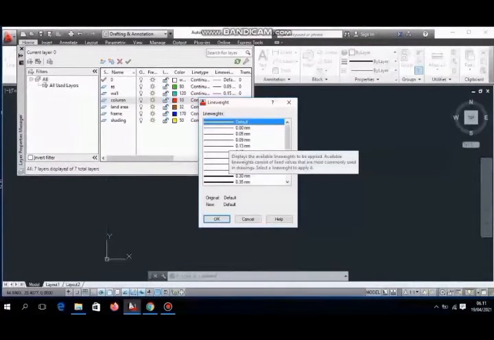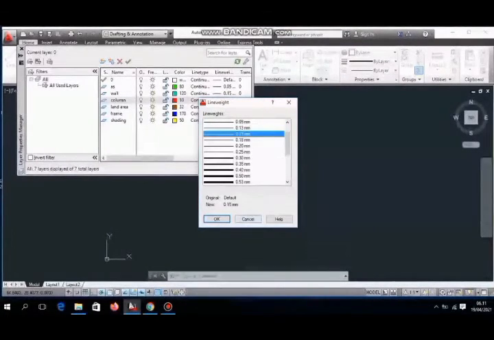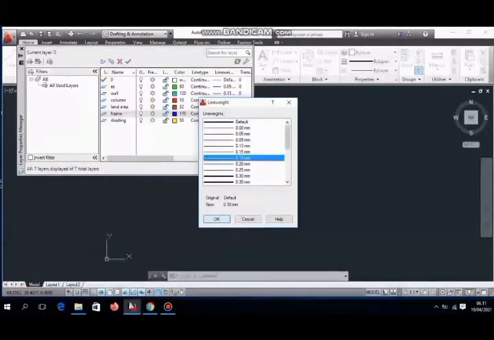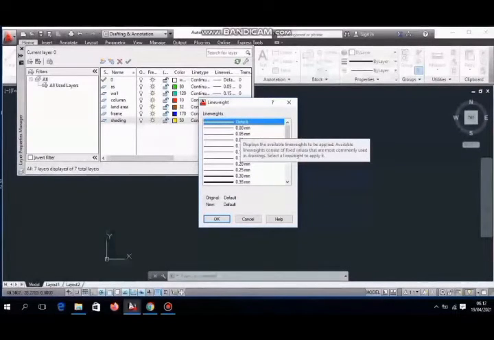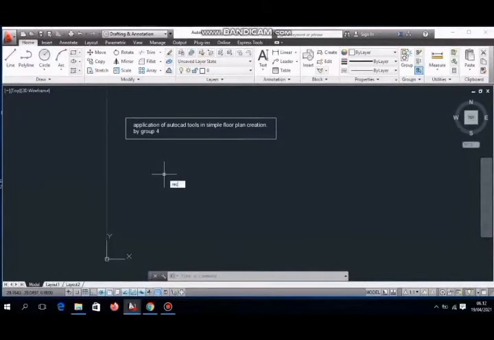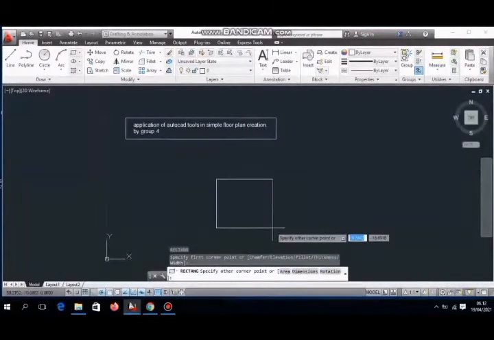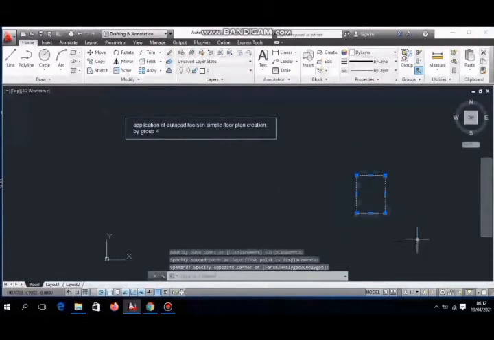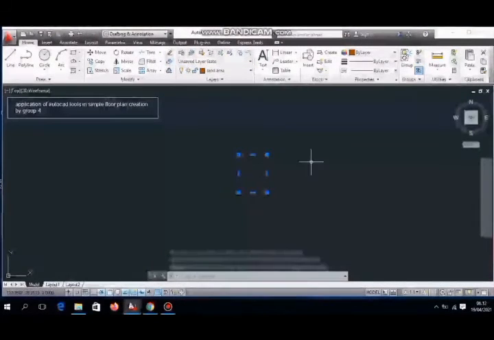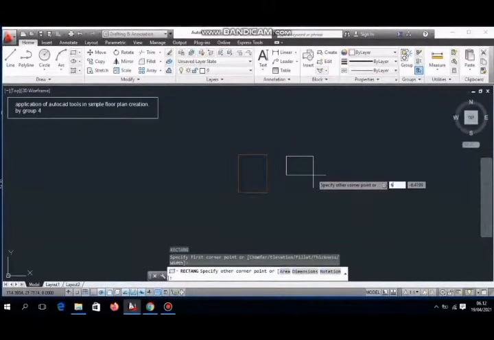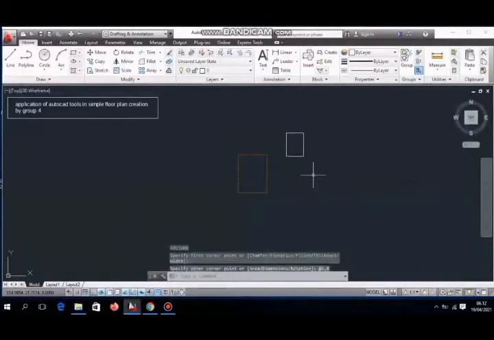We make the size of the line. Type rect, enter, size. Input the size.